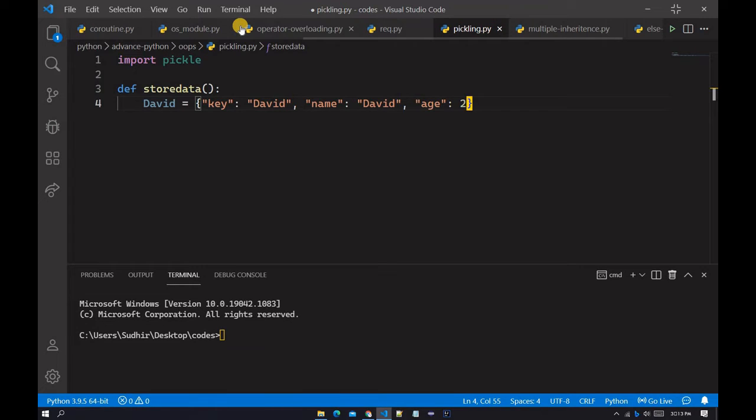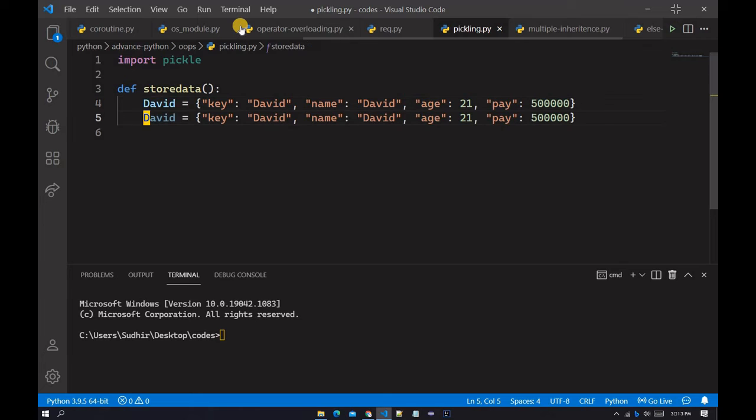Suppose I will type 21, and pay, I will type this value. After that I will copy this, and instead of David I will type Zoe, and I will change the age. So here I will type 19, not 19, 20, and instead of 5 I will type 4.